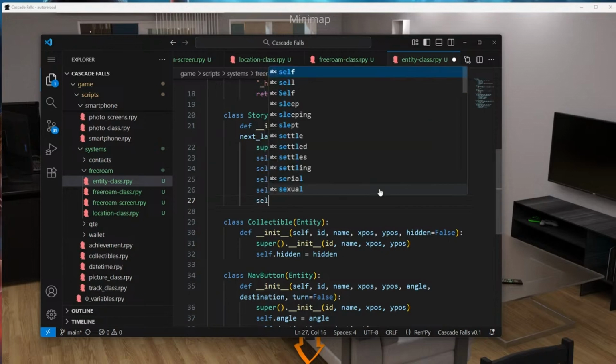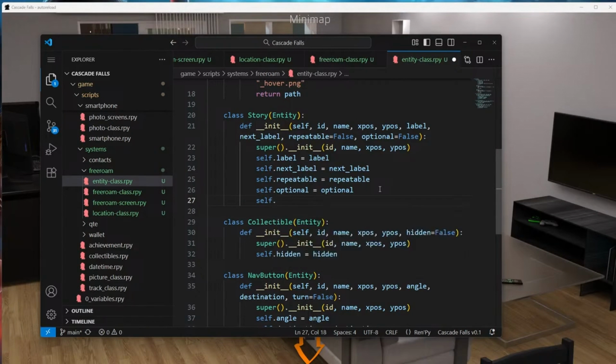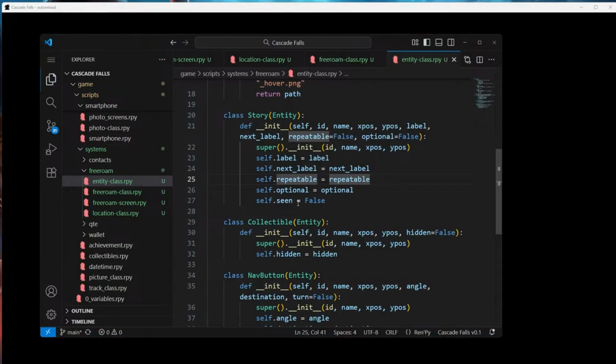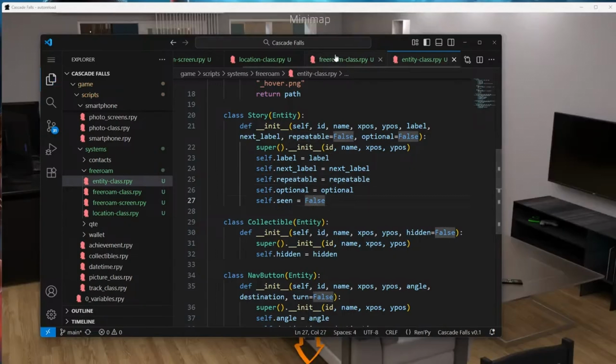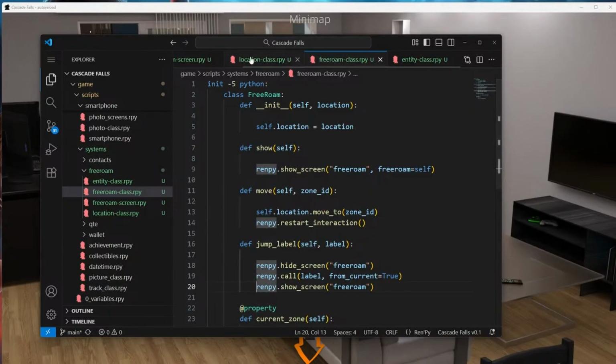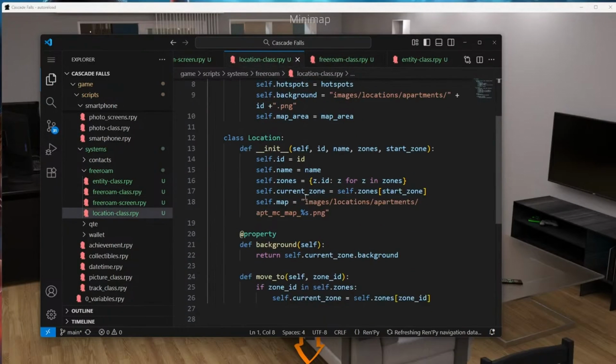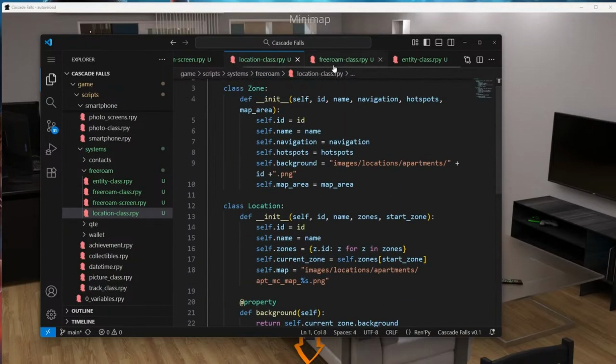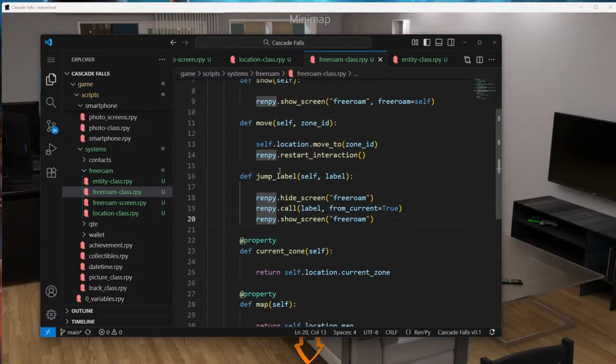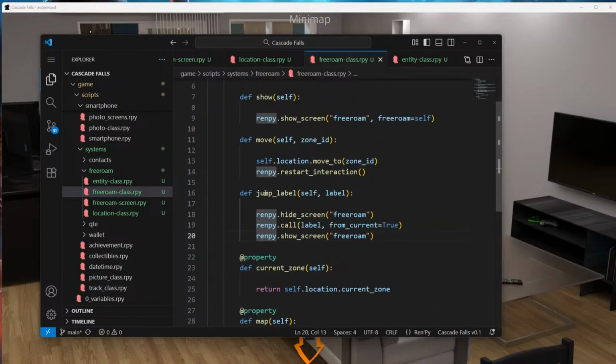So let's do it like this: self.scene false. On the creation, we set it to false. But then in a Freeroam, no, when we call it, here